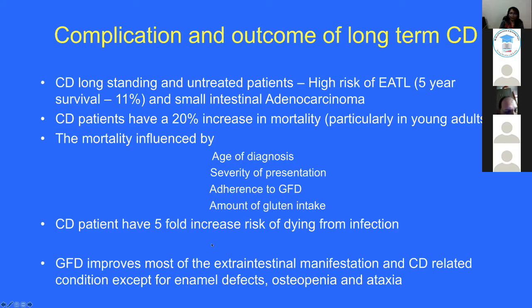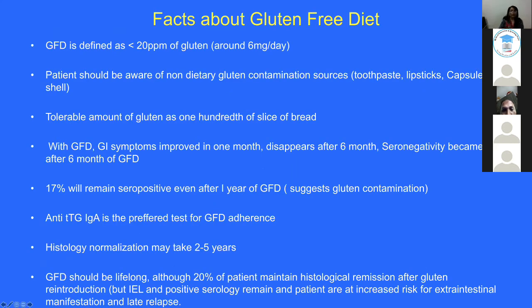So these patients have almost 5-fold increased risk of dying from the infection or septicemia. A gluten-free diet improves most of the extraintestinal manifestations in celiac disease and celiac disease related complications, except for enamel defect, osteopenia and ataxia. Most of the extraintestinal features respond to a gluten-free diet. What is a gluten-free diet? When the diet contains less than 20 parts per million of gluten, that is almost 6